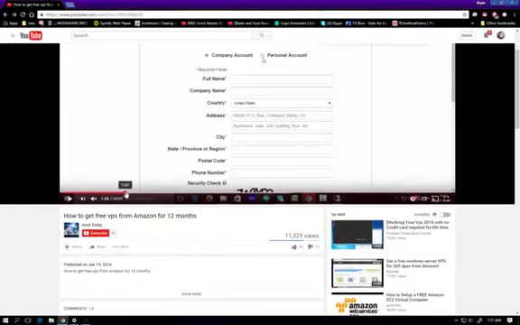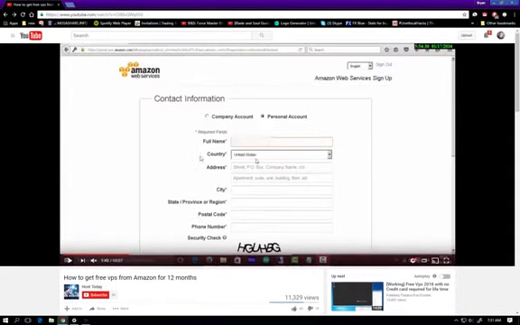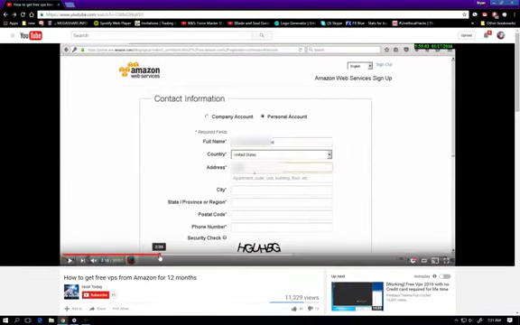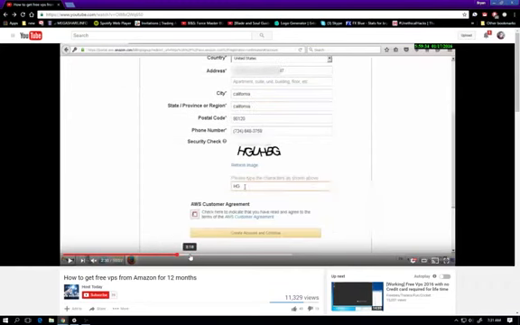It'll ask you your just basic info. You can see why I didn't want to do this with my account, because I would want to type in all my stuff here for everyone to see. This thing here, it's a lot uglier now, so you can always hit refresh image if you can't see it, because I had to do it 3 times before I could get one that I could read. And just make sure you agree there.